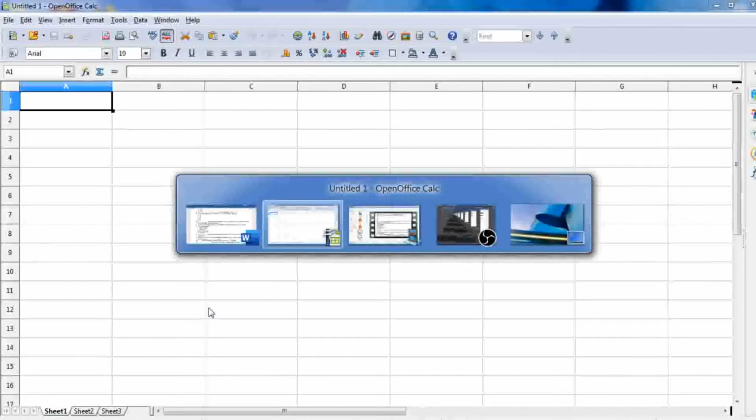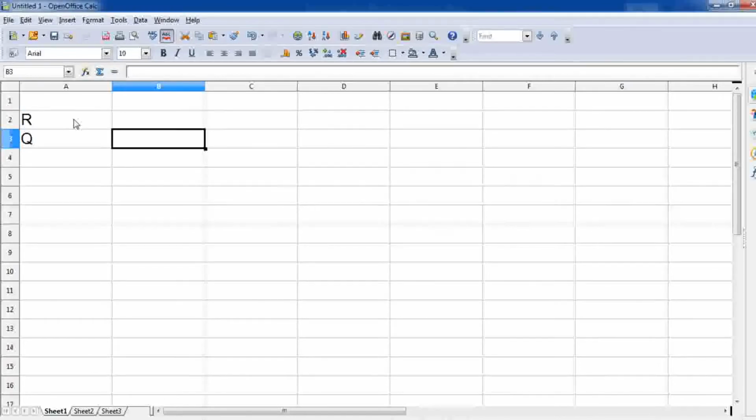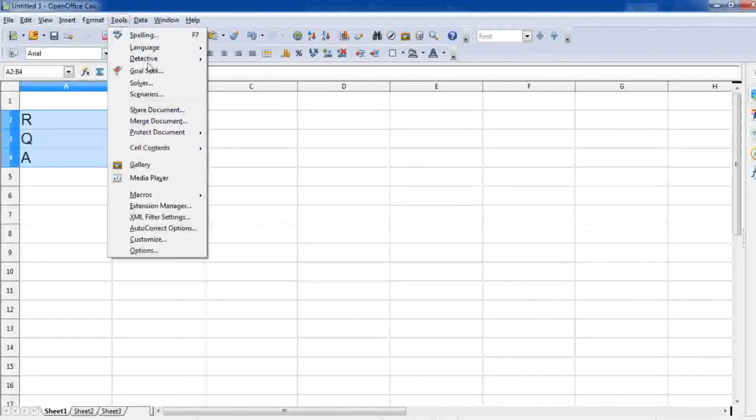Let me show you. Here I am writing rate, then quantity, then amount. Suppose rate is 500 rupees, quantity 20, then here I am using one formula. Now scenarios should be created in this manner.